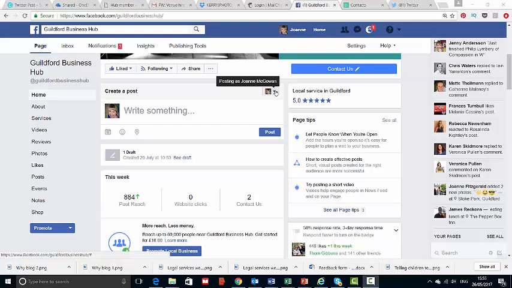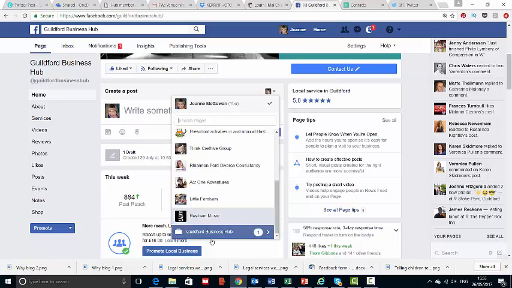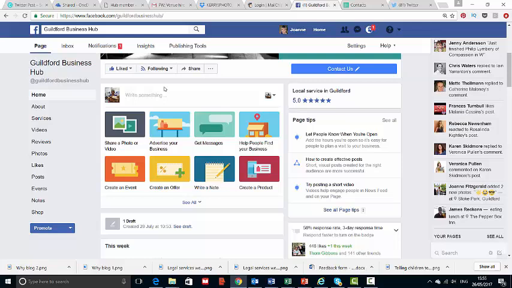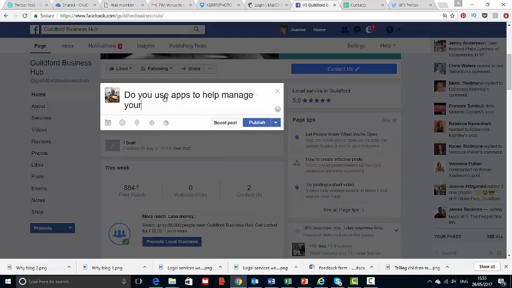So I'm on the Guildford Business Hub business page. I'm just going to make sure I'm signed in as Guildford Business Hub to post. And then I have a dialog box here. So what I'm going to do is type in what I want to post. I'm going to share a blog I've done on apps this week. So I'm going to put, do you use apps to help manage your small business?